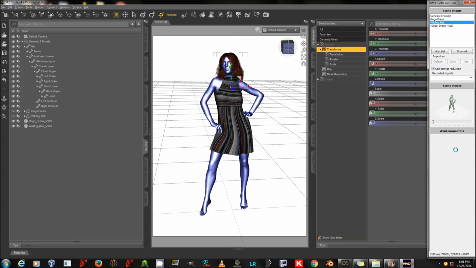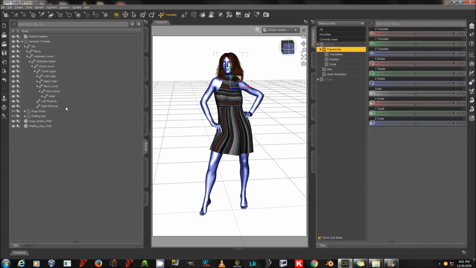Even Marvelous Designer currently cannot do that. They've been claiming that they will add that as a feature, but they have not yet. Nope, I got Mémoire Insuffisante, which I'm sure I just pronounced incorrectly, but that means that it ran out of memory. So I'm going to have to close VWD Cloth and Hair, delete the wildling hair from the scene, and